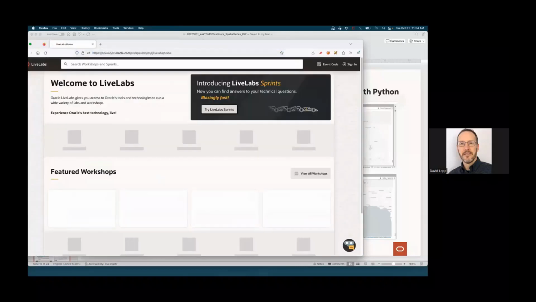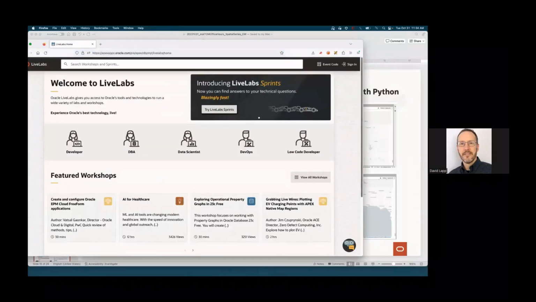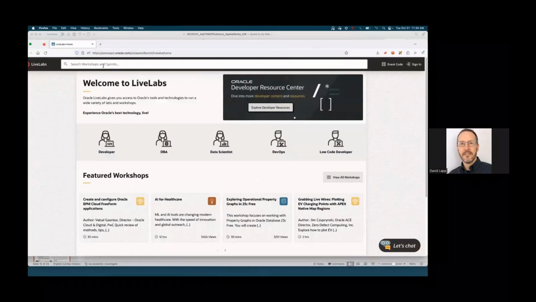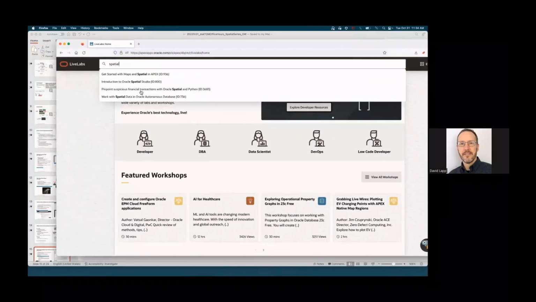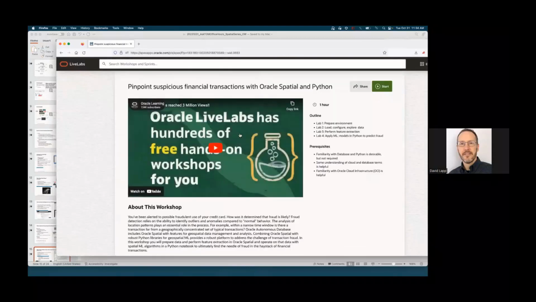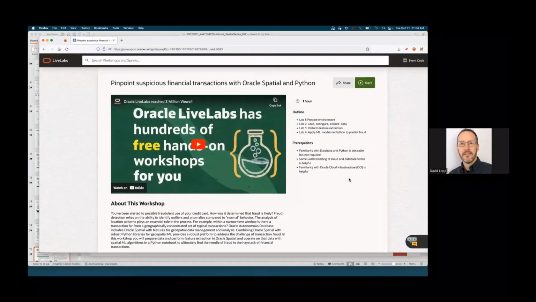Okay, developer.oracle.com Live Labs. So you can come to Live Labs, and this is across really the whole spectrum of Oracle technology. But within that, if you look for spatial, you'll see a bunch of spatial workshops. And one of them is the one that I'm talking about right now, Pinpoint Suspicious Financial Transactions with Oracle Spatial and Python. So this one you can do yourself, and it's actually set up with what we call in